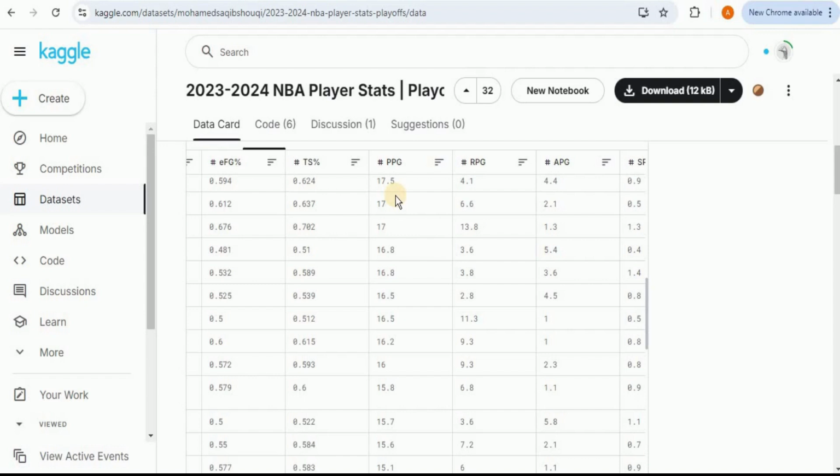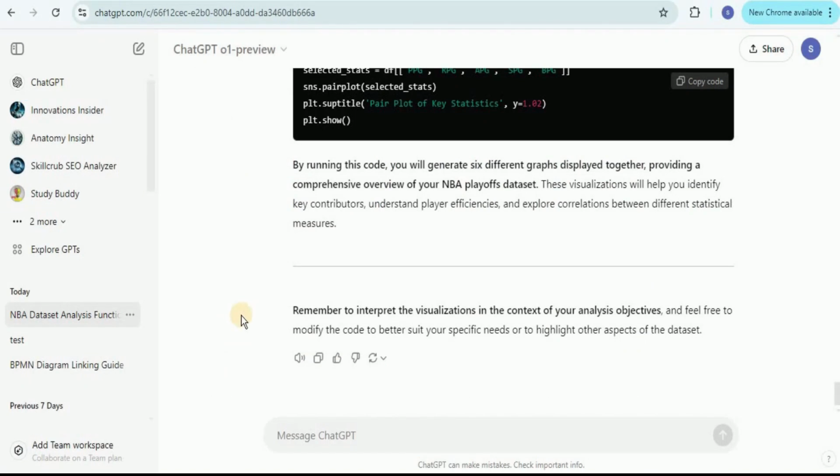But you must be thinking that in order to generate a model to predict the points per game, there will be too many things that you will have to do, right? Well, I'm glad to say that you are wrong. So once again, we are going to use the amazing powers provided by GPT-o1 to generate the entire code to build a model for predicting the points per game, and that too with just a single prompt. So let's go ahead and do it.